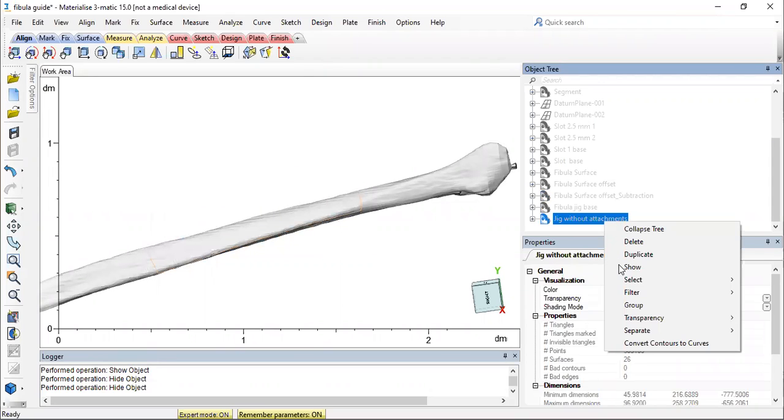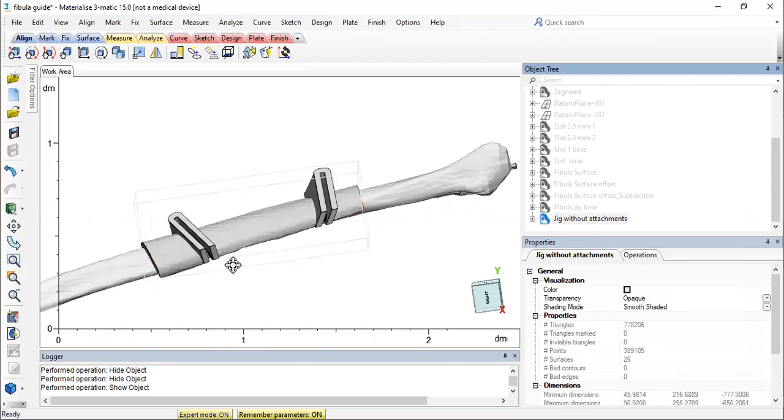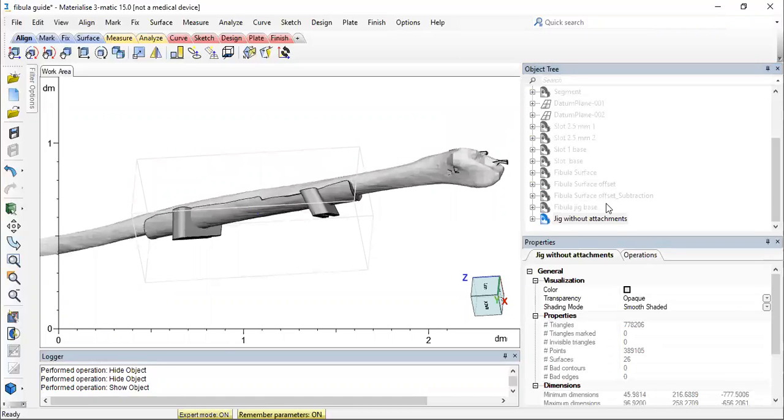So this is how your final jig looks like. So if you see your initial slots, they were through and through. What I have done is just cut them to the base of the fibula. So they just sit over the fibula.